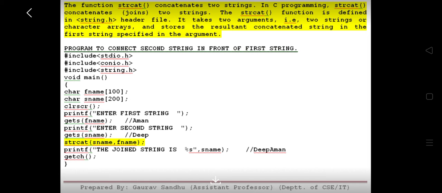That is why in the program on the screen you can see that when the last statement of the program displays sname, the complete concatenated word DeepAman is displayed.